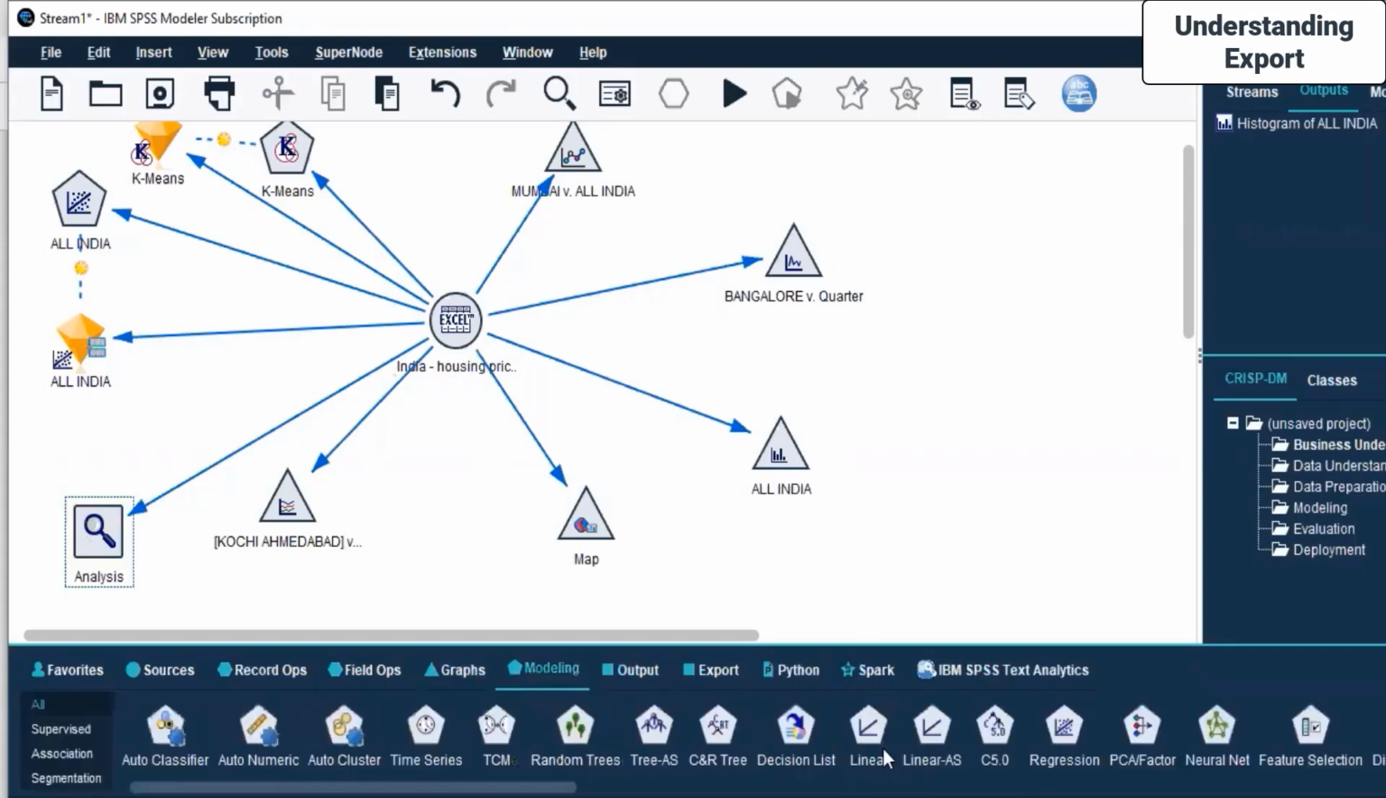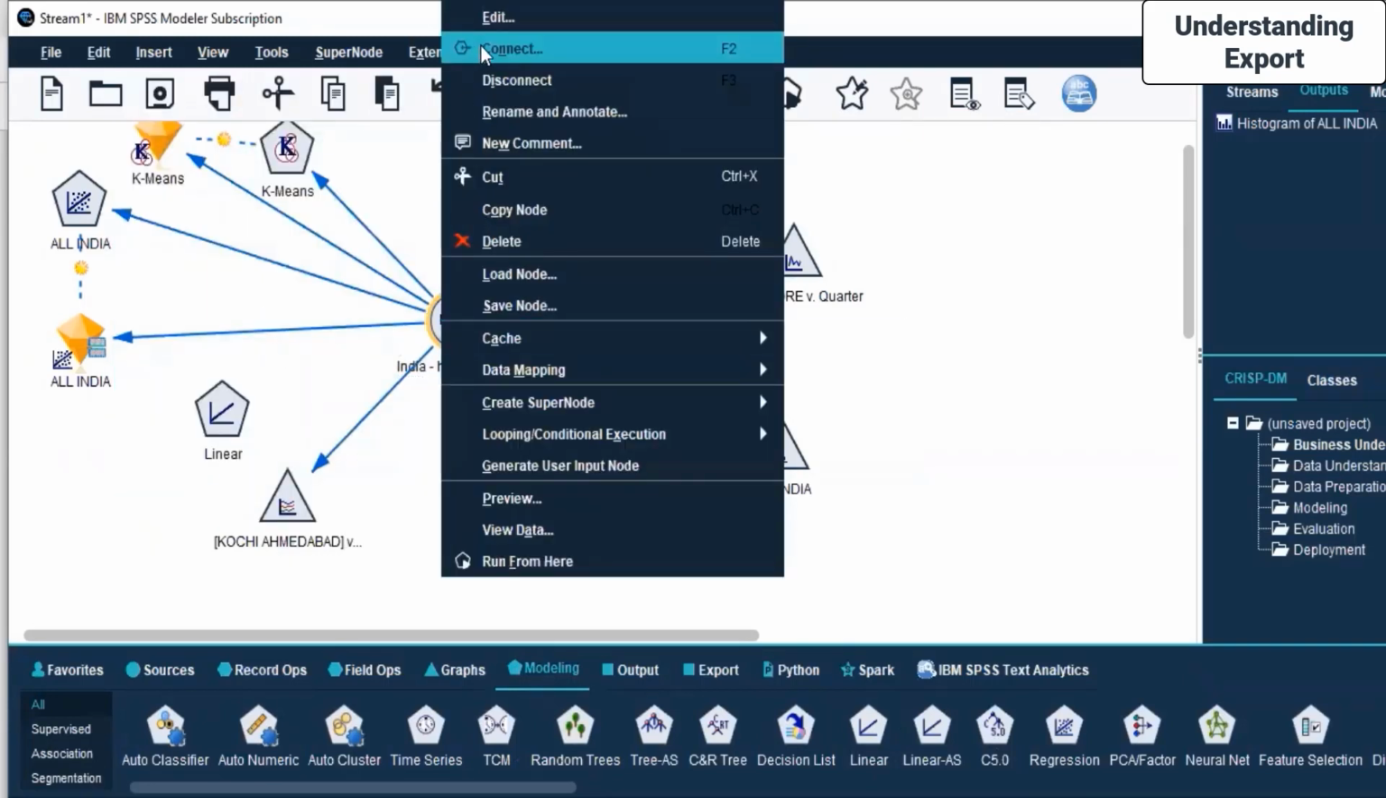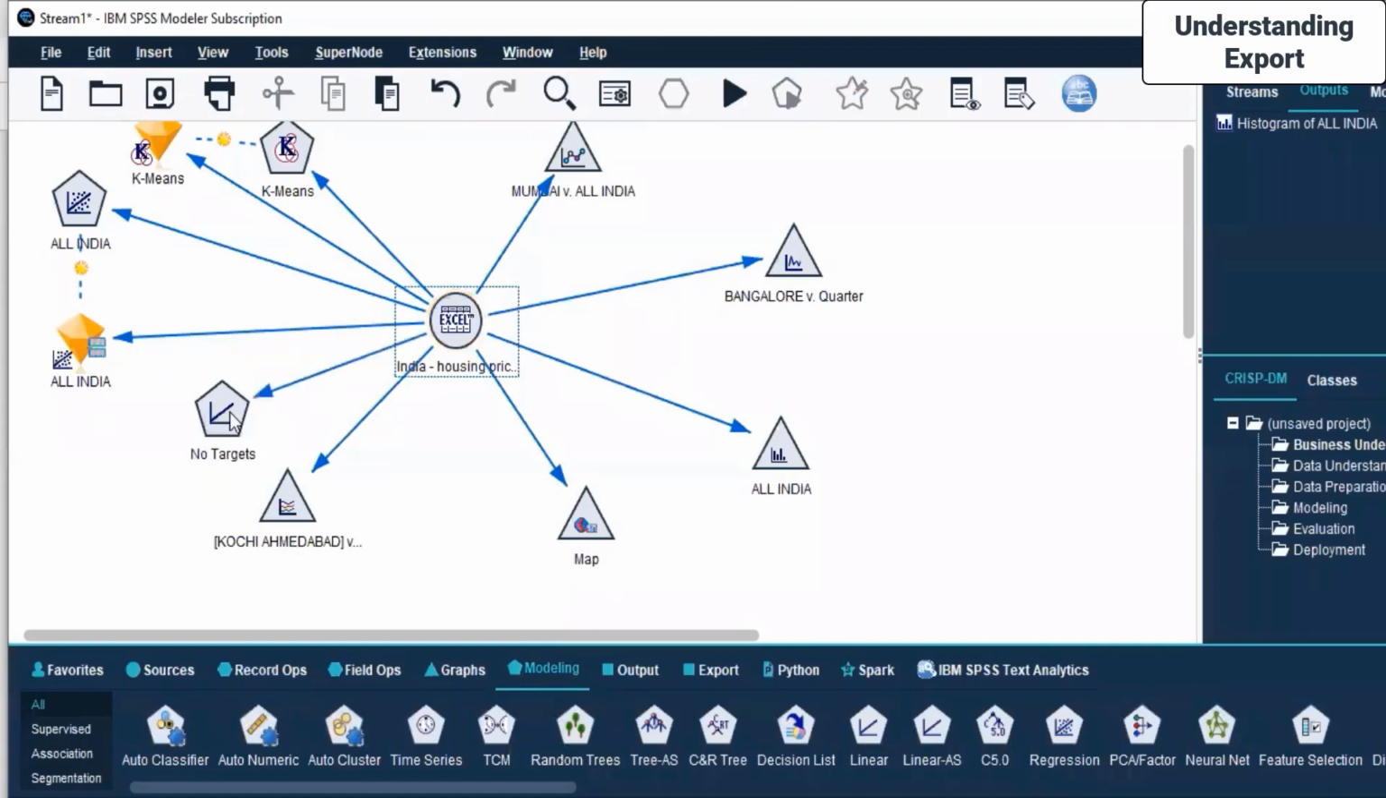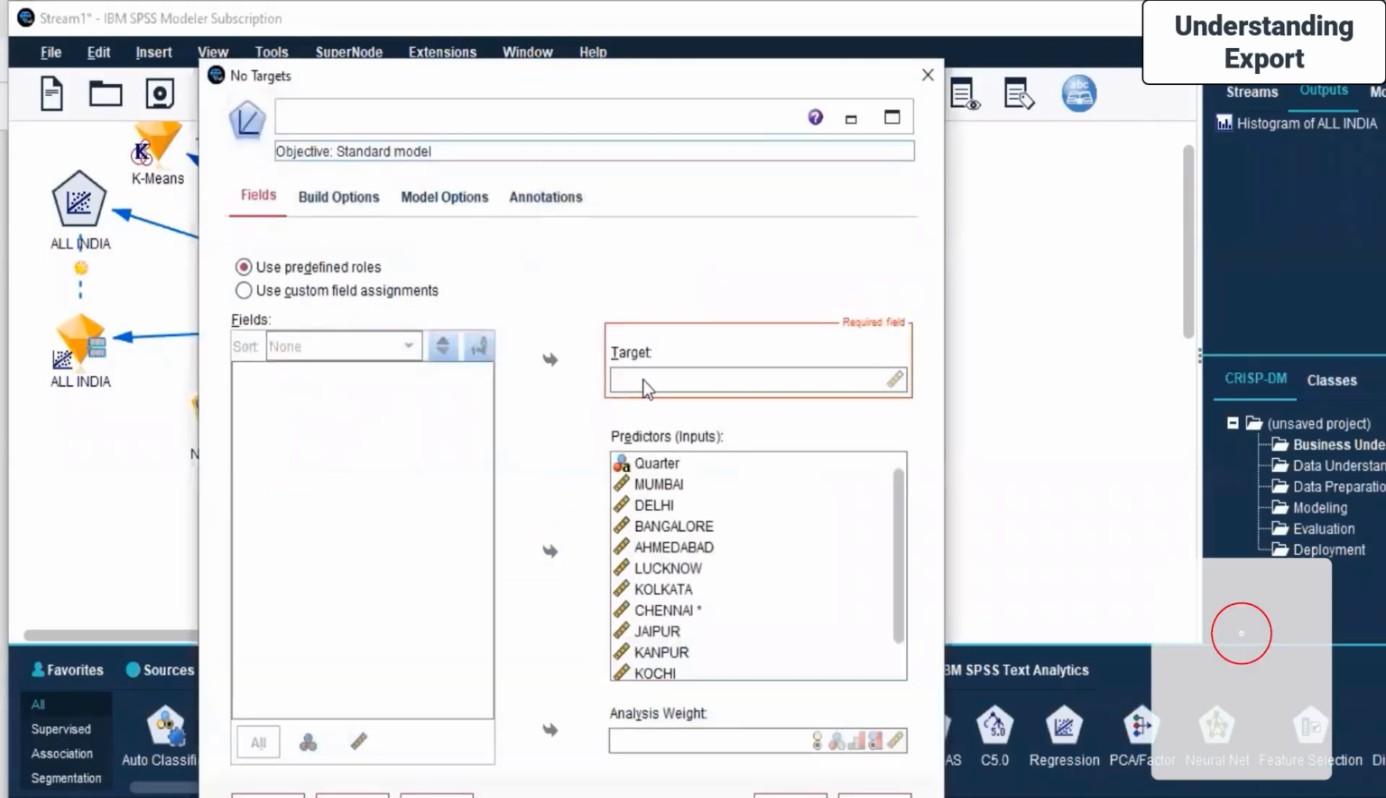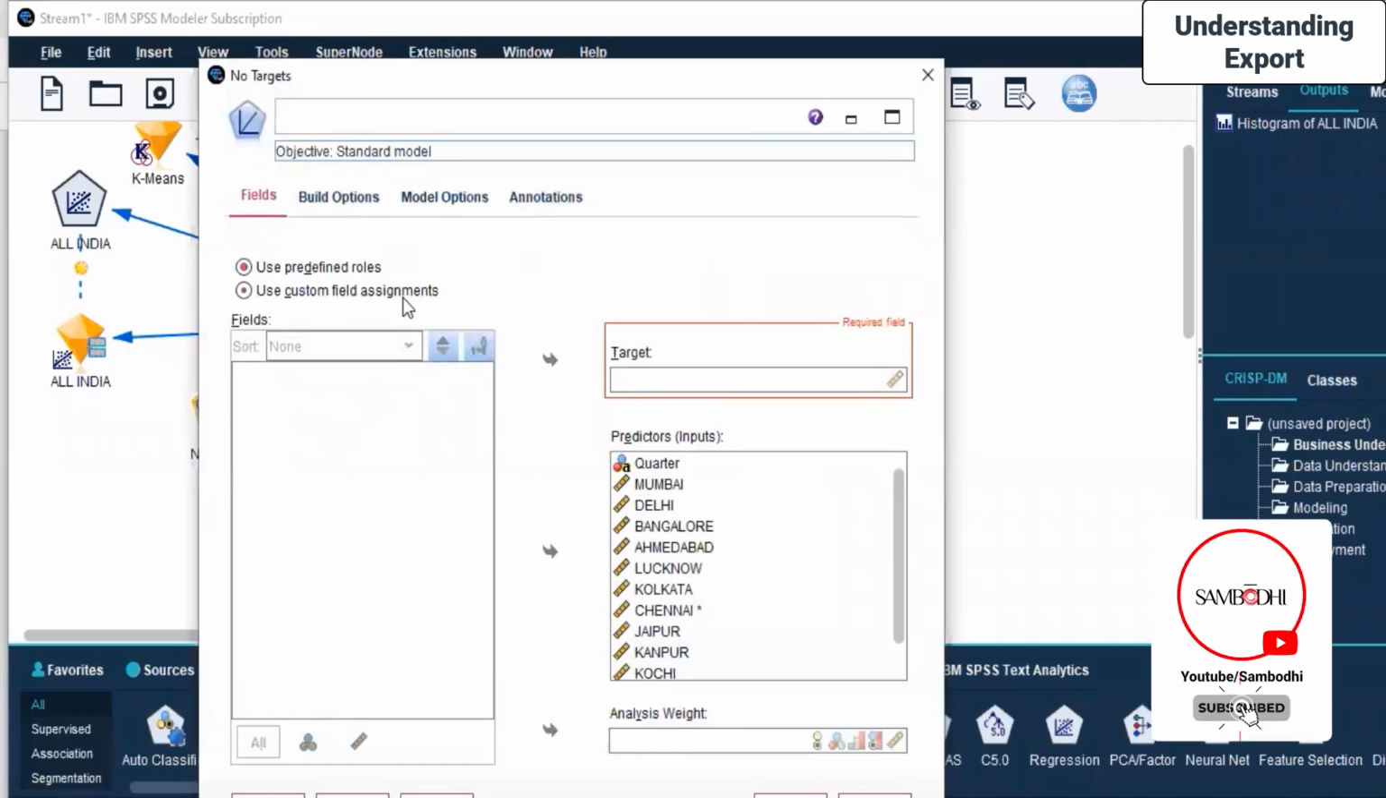Let us go to the modeling node and let us select linear, and I'll bring it over here. Okay, let's bring this here. Oops. Okay, let us delete this here for now. Connect it here with linear. There are no targets. Again, that's what it's complaining. That was the same thing that happened in our previous